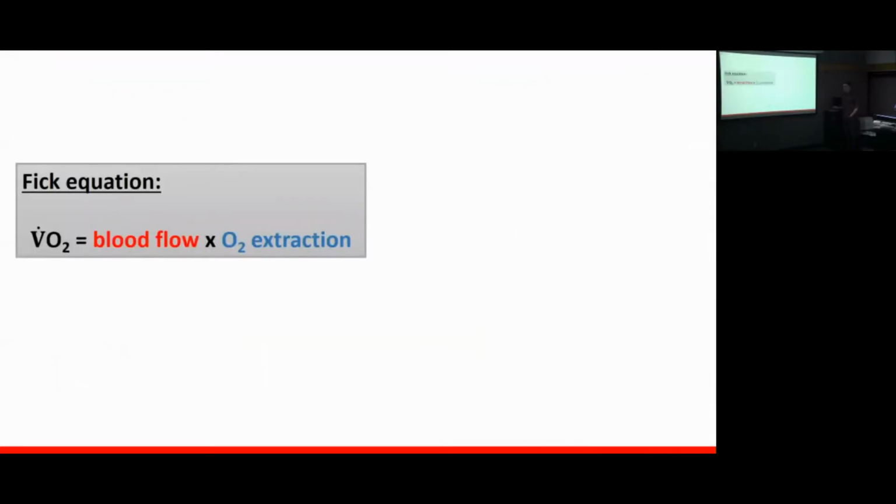So now, if we go back to the Fick equation, and if we have this in mind, we can better understand the behavior of the oxygen extraction, especially in the vastus lateralis. So we said there is a plateau that corresponds to a specific metabolic rate. If we say that there is this plateau, and we also assume that there is an increase in VO2, which we could imply given the increase in the EMG, and given the fact that when we are exercising to exhaustion, VO2 is still increasing because we are going to VO2 max, then according to the Fick equation, blood flow